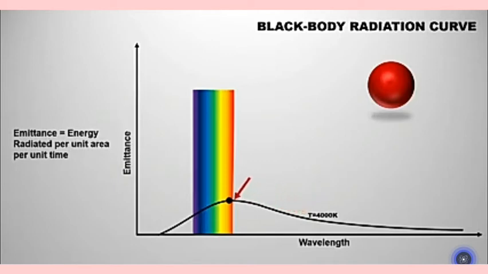This is the wavelength at which maximum energy radiates. This wavelength is denoted with lambda m. This is called the peak wavelength or dominating wavelength. Even though the black body emits radiation of all wavelengths, since lambda m is dominating, at this temperature we see the black body in the color corresponding to lambda m, which is red.